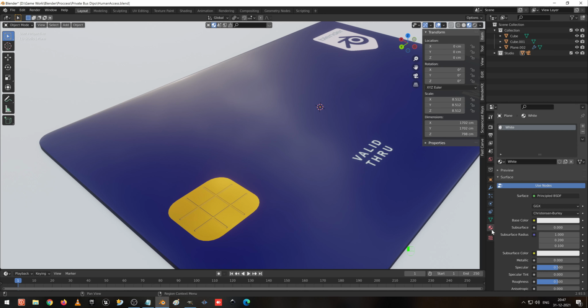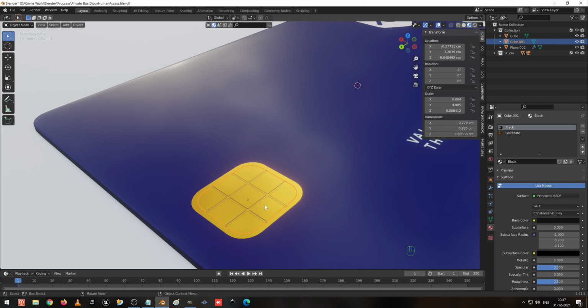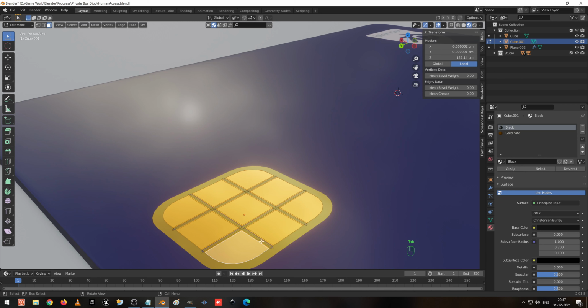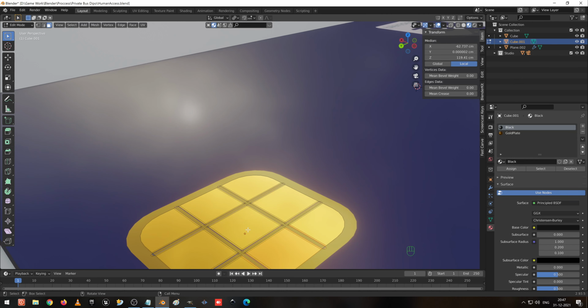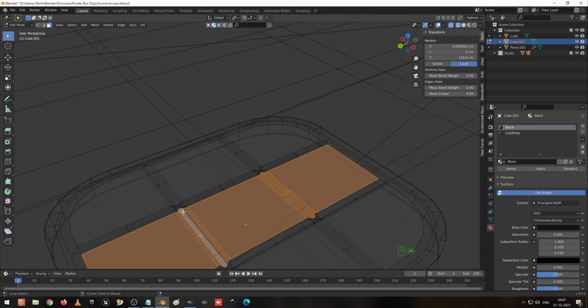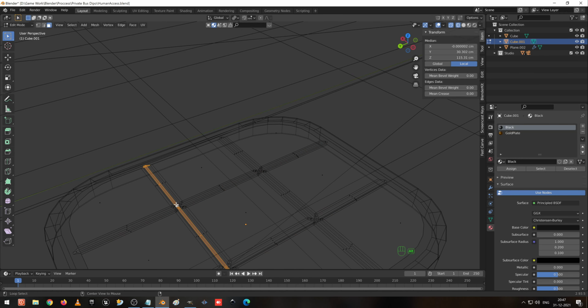And go to the material preview, select this one and black. So go to the top view and select this one, select the inside things using the middle key.